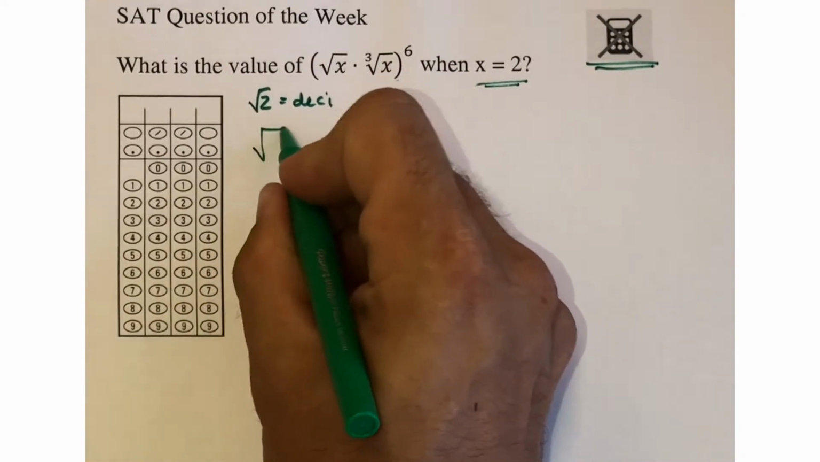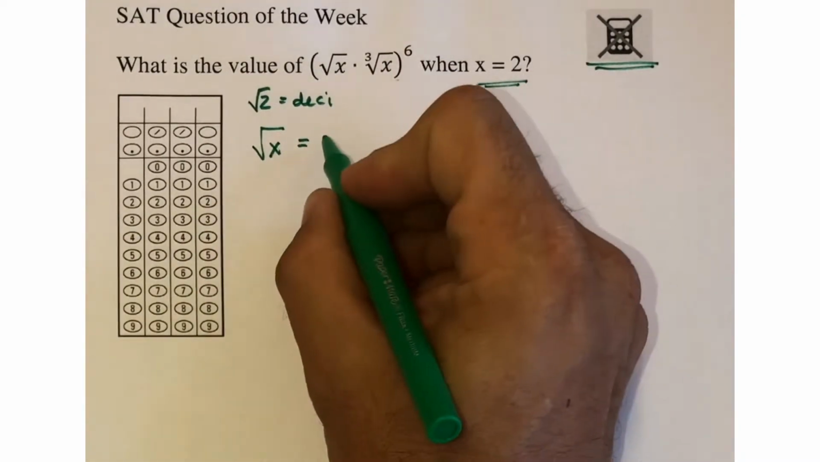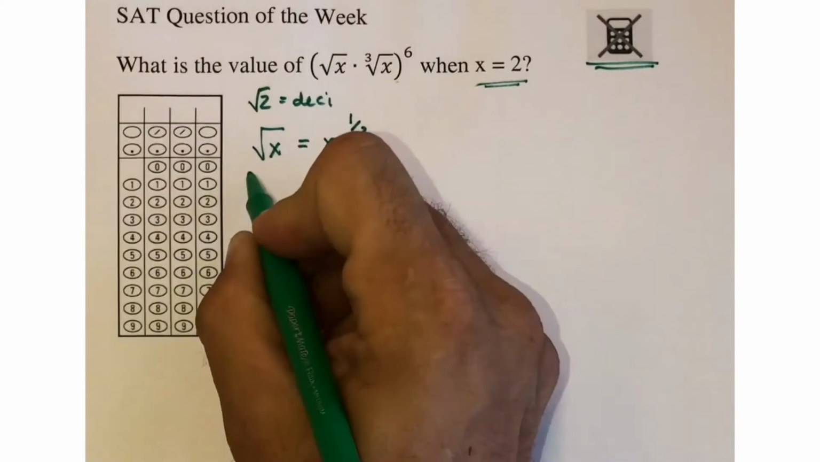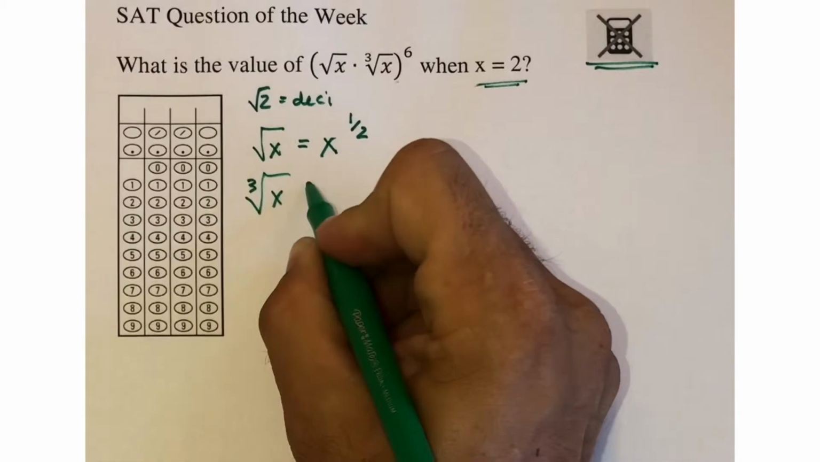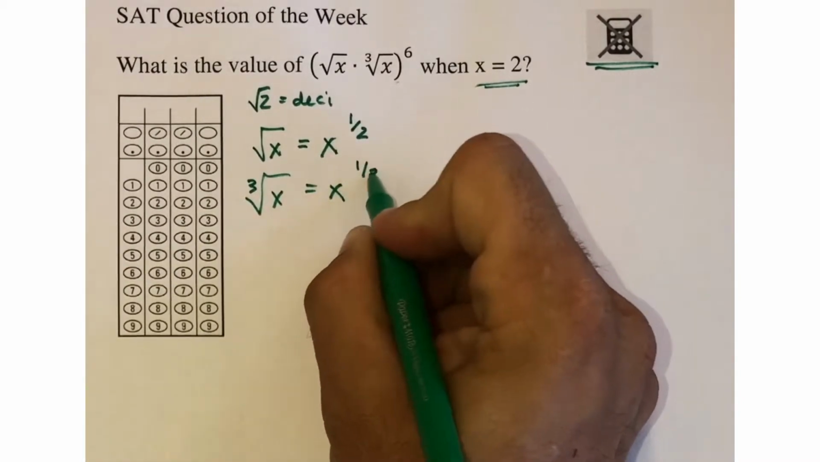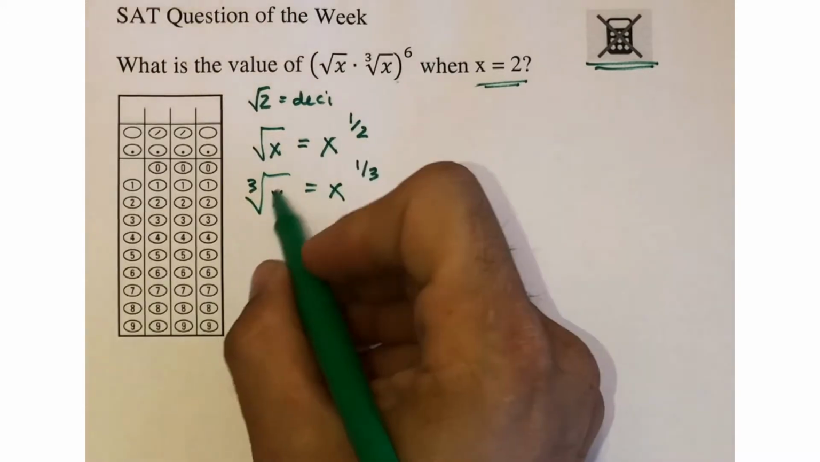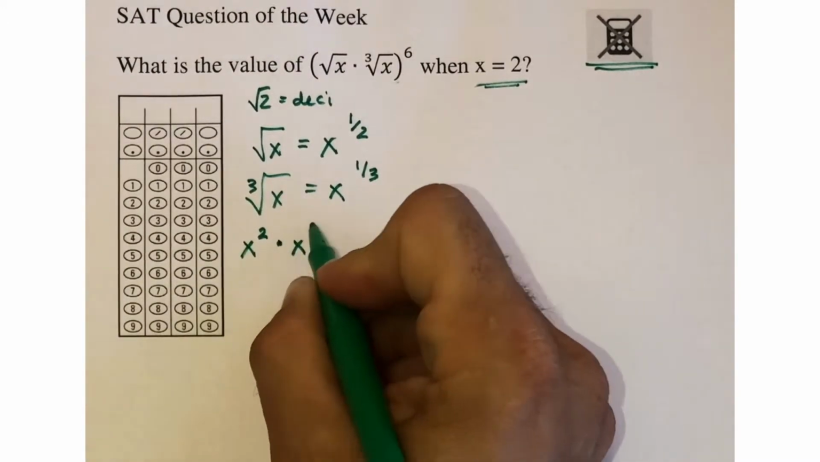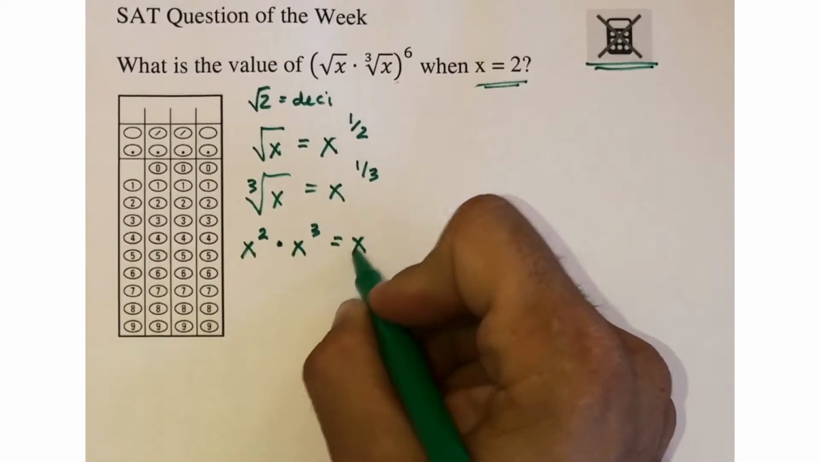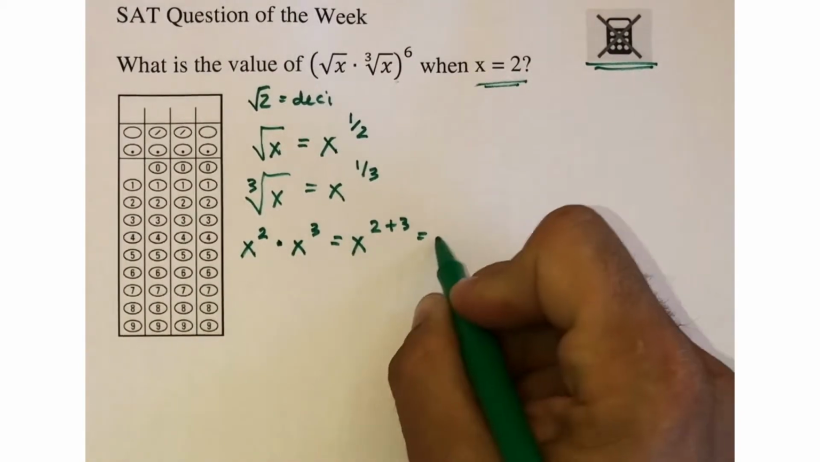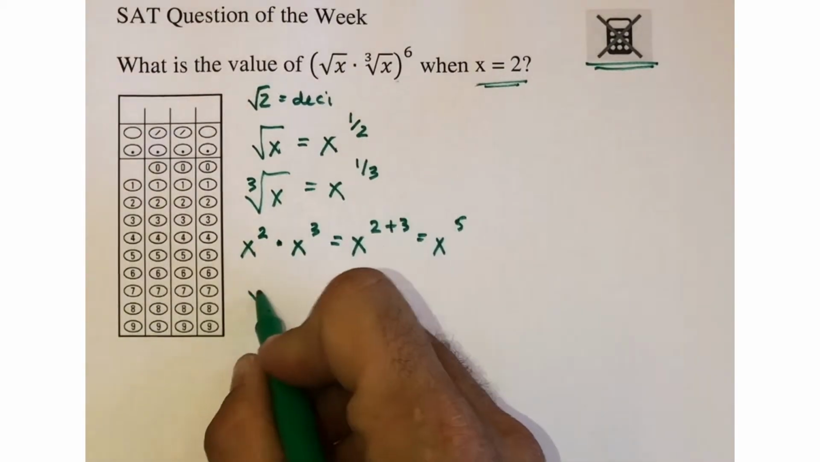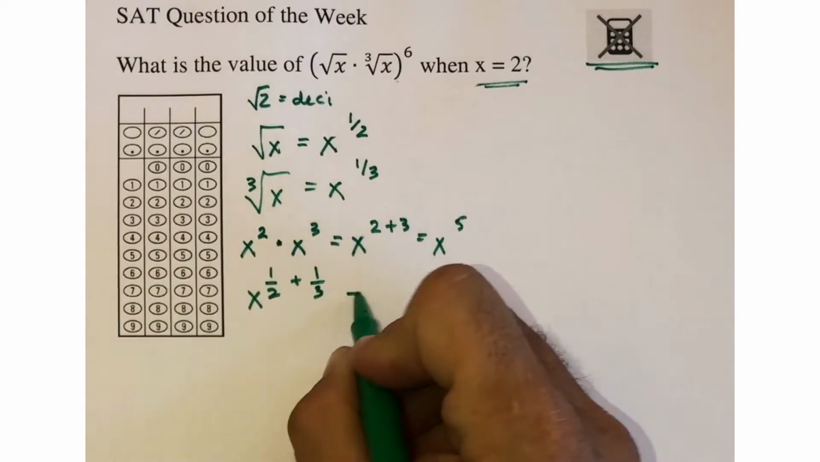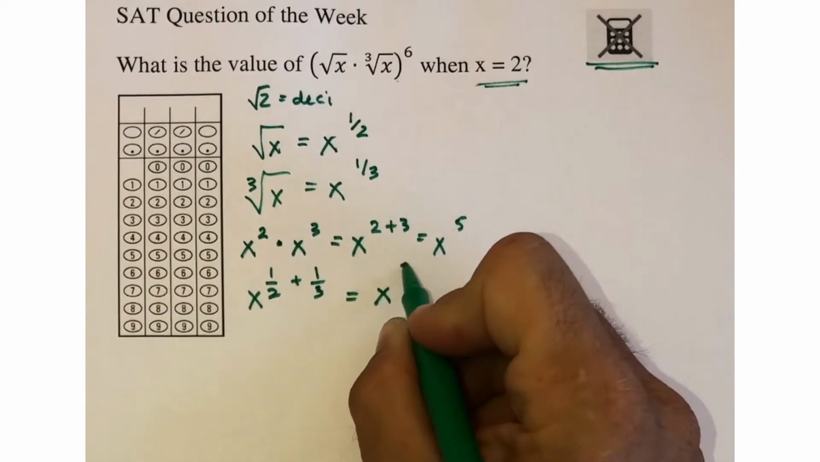So let's take a look at what square root of x is actually equal to as an exponent. It's actually equal to x to the 1/2. And then cube root of x is actually equal to x to the 1/3. And if you look at your rules of exponents, if I have the same variables multiplying with exponents, I'm essentially adding those exponents. That's the rule here. So in this case, this would be x to the 1/2 plus 1/3,